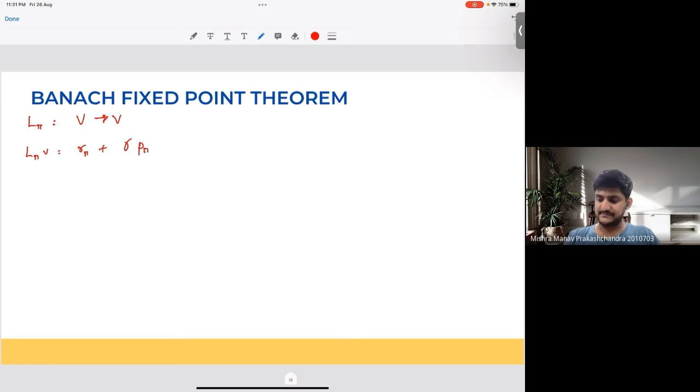plus gamma times P pi, which is the probability of moving to the j-th state from the s-th state, and this is how the L pi operator looks like. And if I operate L pi on V pi, I eventually end up on the V pi function itself. So here I can say that my V pi is a fixed point